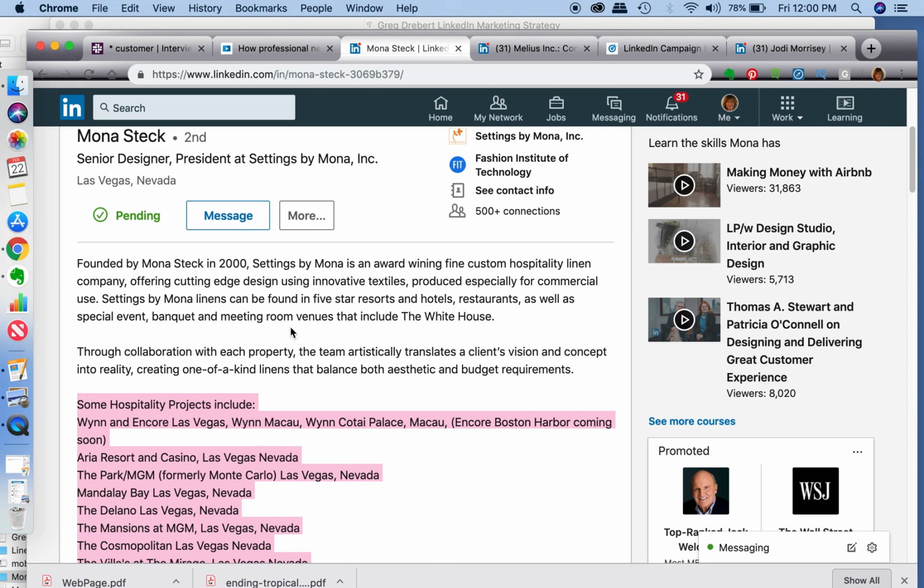Because what you want to be doing here is demonstrating to anybody that comes to your profile how you help solve their problems, how you help these restaurant owners and hospitality managers create a 5-star experience on maybe a tight budget, or how on top of trends you are with creating a mood, a vibe, an ambiance with the right types of linens that will withstand the washings and all of the abuse that linens can go through